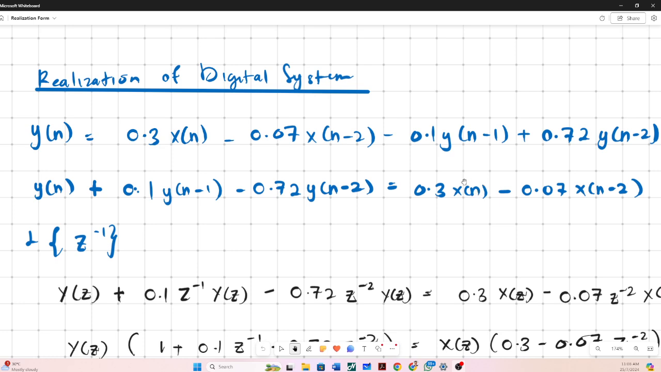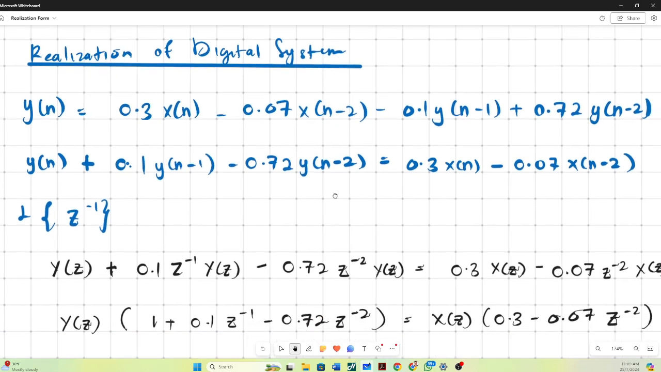and x[n] in one part. To separate them, we need to move the y[n] terms to the left side and leave the x[n] terms at the right side. So I bring the minus 0.1 y[n-1] to the left side, and it becomes positive 0.1. And the 0.72 y[n-2], bring to the left side, becomes minus 0.72. Right, to make it easy